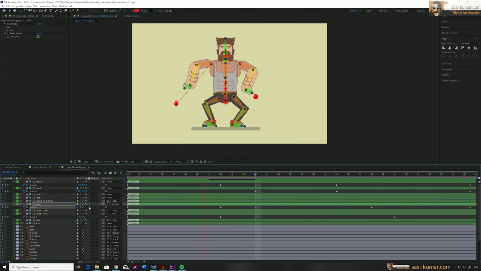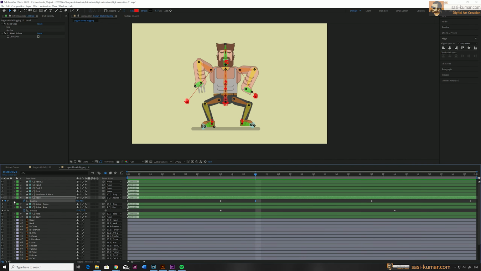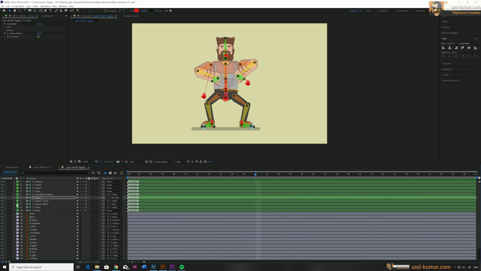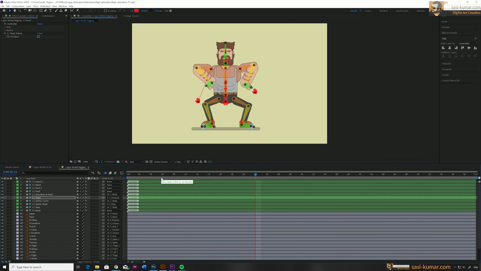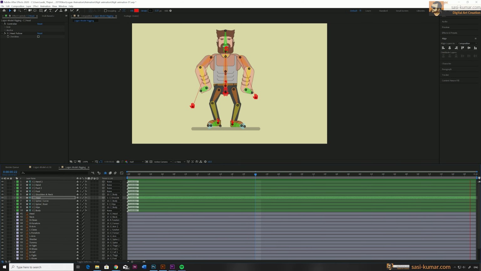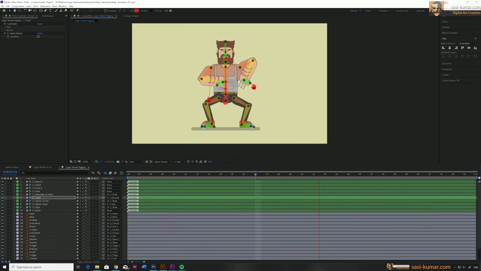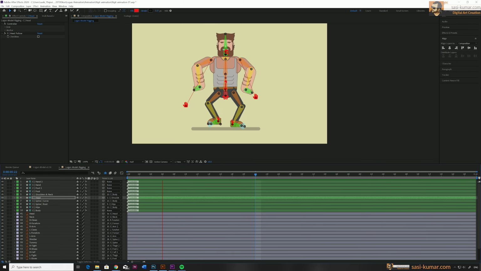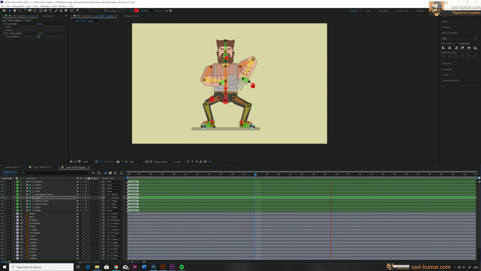As you can see in here, I just placed some keyframes and our animation is playing. You can make better character animation using this plugin. This is just a basic example I wanted to show you guys. So this is the basics of the Duik plugin, and we can create all kinds of character animation using this plugin. You can also use this plugin to create a lot of motion graphics and animations and stuff like that. So this is the basics of rigging. This is just very basic rigging using the Duik plugin. I just used the basic rigging techniques.